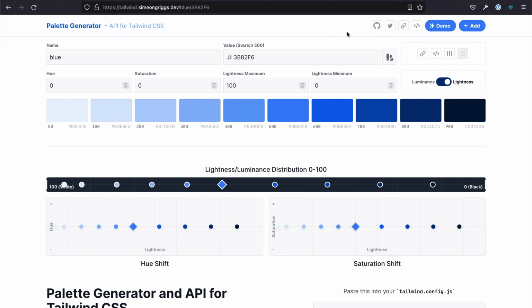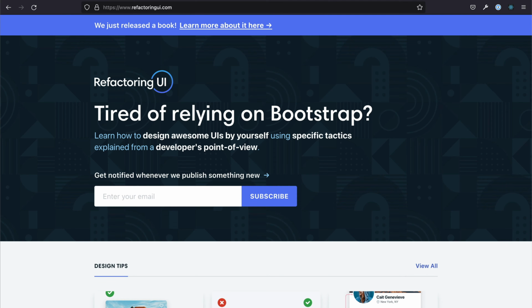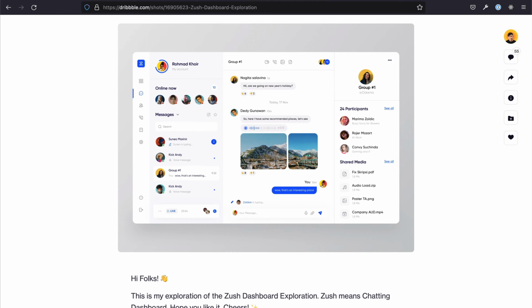The way to create these color palettes is actually found in the Refactoring UI book. Ironically, this book speaks against using tools to generate color palettes. But that's primarily because of a lot of design tools. I've just found this random screenshot from Dribbble here, and you'll usually get a color palette that looks something like this. So this is just an approximation of 6 colors. It's not a slam at Dribbble or anything, but it's 6 sort of primary colors that have come from this